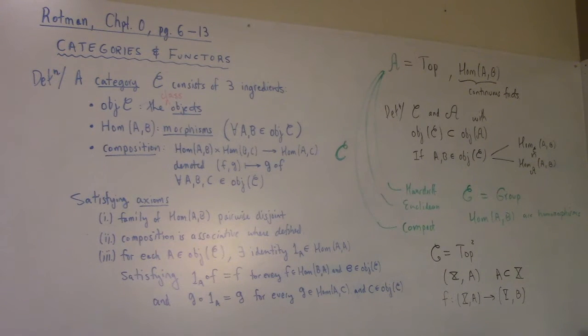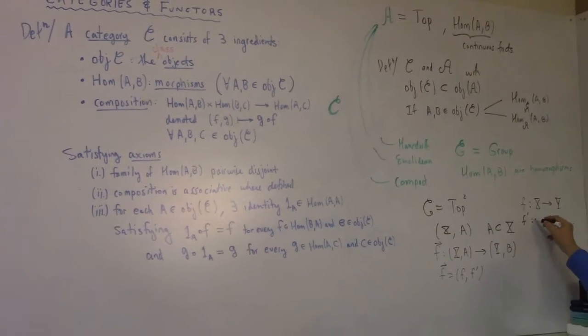It seems like you shouldn't use F for the ordered pair. It seems wrong to me to say that F is equal to F prime. That seems sketchy to me. But he says where F from X to Y is continuous, and fine, I guess there's no danger of confusion. If it makes you feel better, we can put a vector over this one. Now they're different. Anyway, F is the continuous map from X to Y, because we're in the topological category, and F prime is restricted to it.